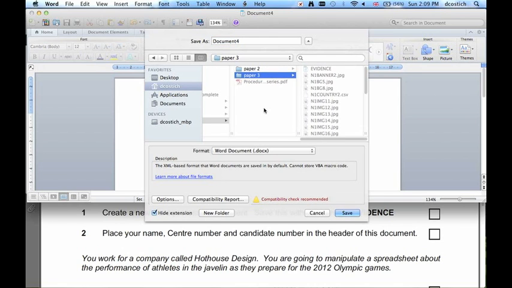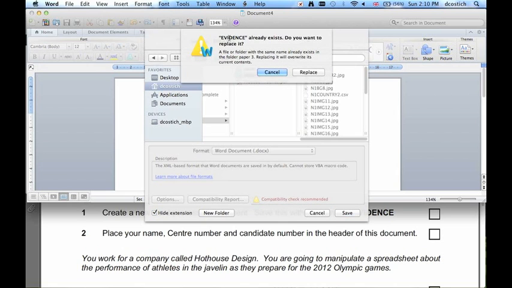So I'm calling this Work Past Papers, Winter 2011 Paper 3, and the file name should be Evidence. So I save that,